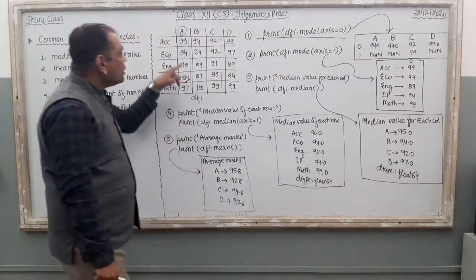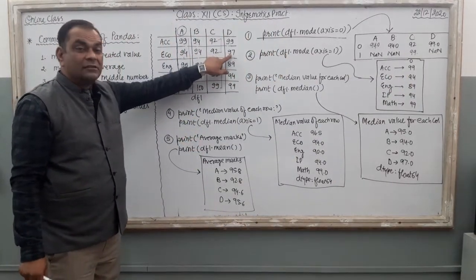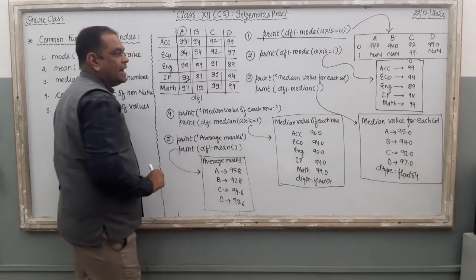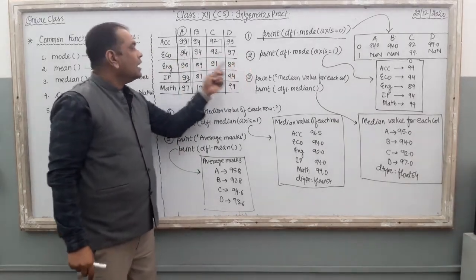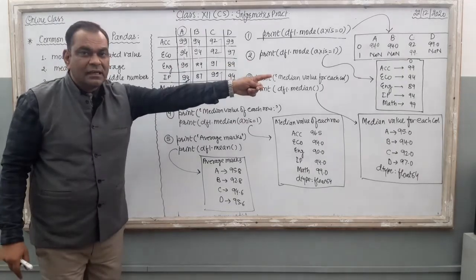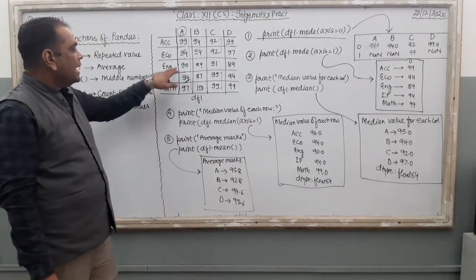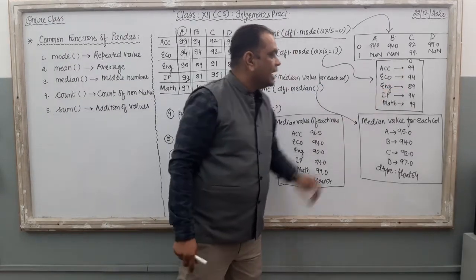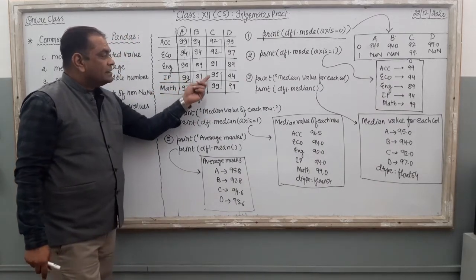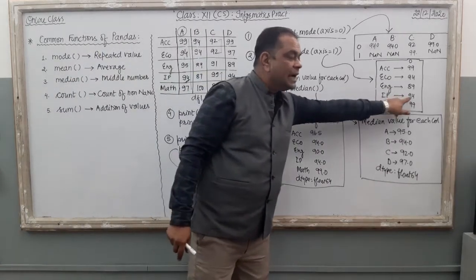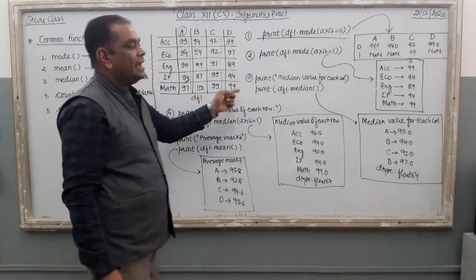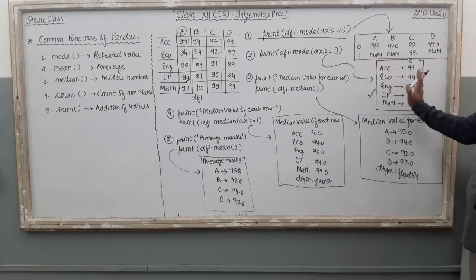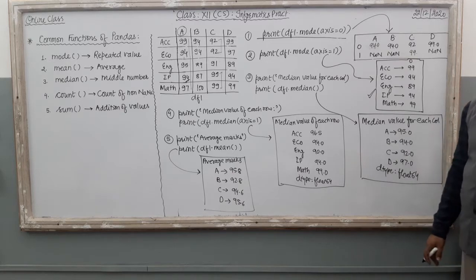Right? Just see. Now economics: 94, 94, 92, 97. We are going to take the values based on these different columns. Right? It is axis 1. Clear? Now see, 94 is the repeated value. So the result contains this 94 in front of the economics subject. English: 95, 89, 91, 89, so 89 is repeated. Then IP: 94, 87, 99, 94. So here the repeated value is 94. Done. Then mathematics, 99 is the repeated value. So your computer will produce this particular output if you apply this mode function on axis 1.